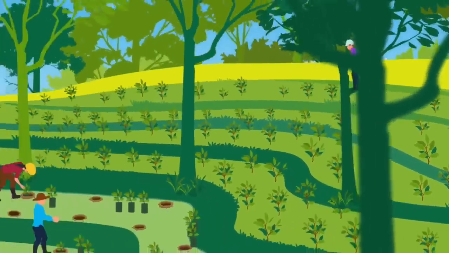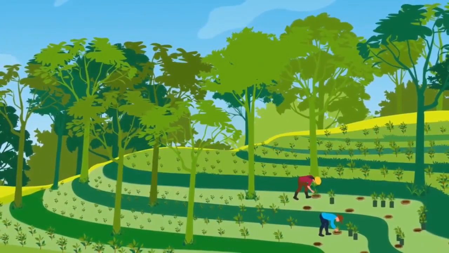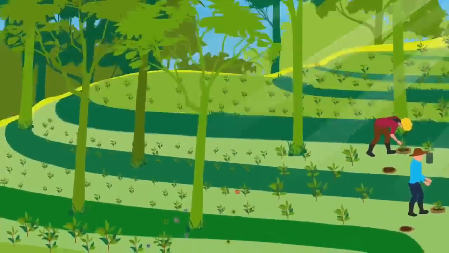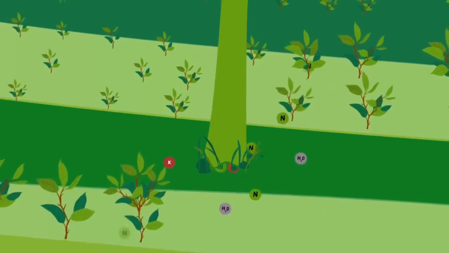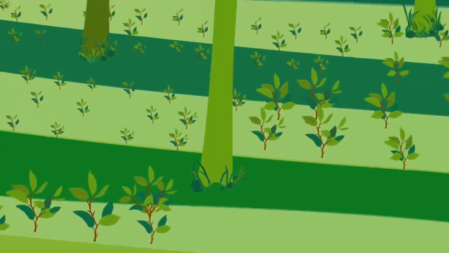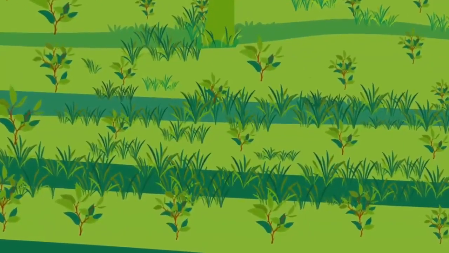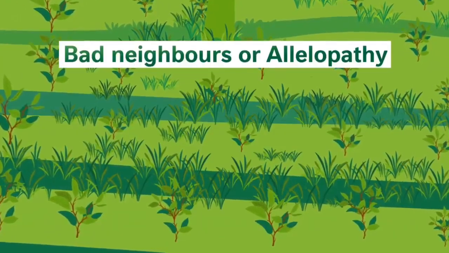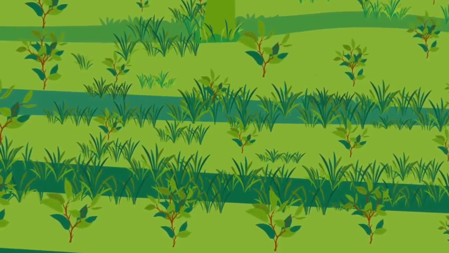Depending on the type of trees and agricultural elements and their spatial and temporal arrangement, competition for light, nutrients, and water can become excessive and cause yield reductions of individual components. Some plants also do not grow well together, also known as bad neighbors or allelopathy. Payback of investment can sometimes be long.